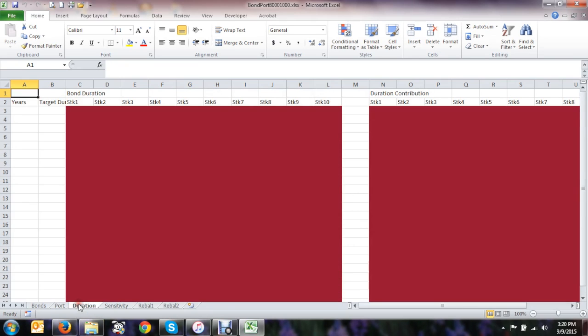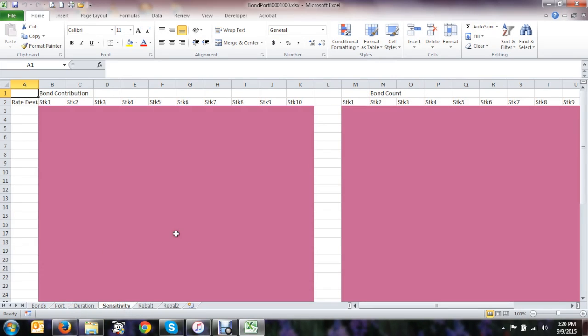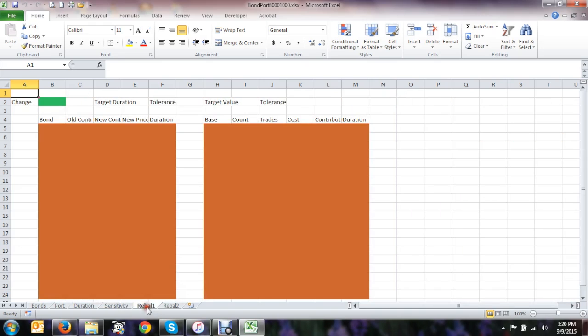We're going to do a duration calculation on the bond portfolio and plot how the duration of the portfolio changes as time goes forward. We're going to do a sensitivity analysis: if interest rates go up, interest rates go down, what happens to the final value of the bond. And then we're going to do two rebalancing estimations,